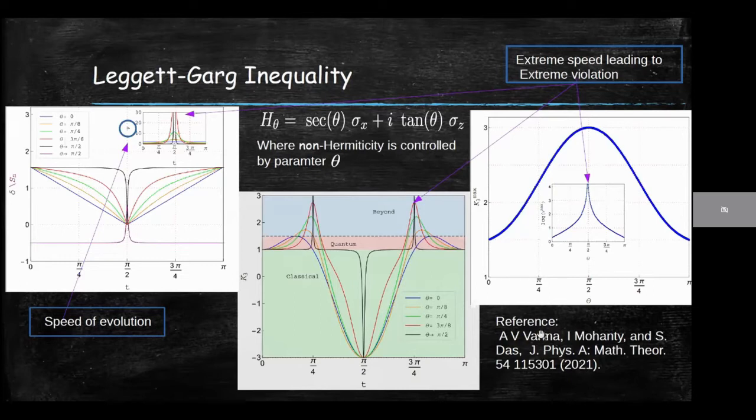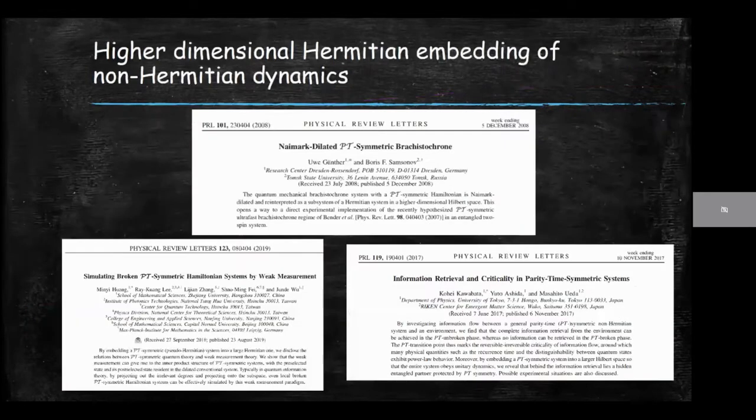So the point is that this dynamics does not really follow the quantum rules, so it is natural to ask how we can really realize such a dynamics within the frame of quantum mechanics. As it turns out, there have been proposals discussing how we can realize such non-Hermitian dynamics using Hermitian Hamiltonians, where in this first proposal, what has been said is that using Neumark's dilation theorem,